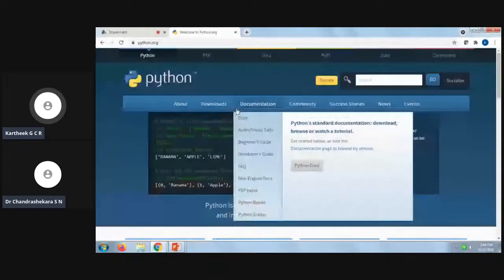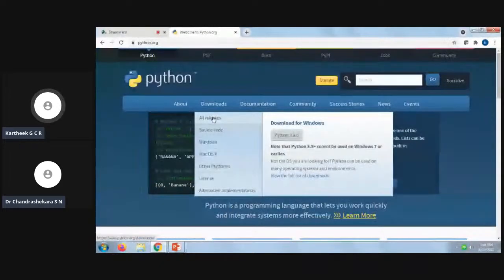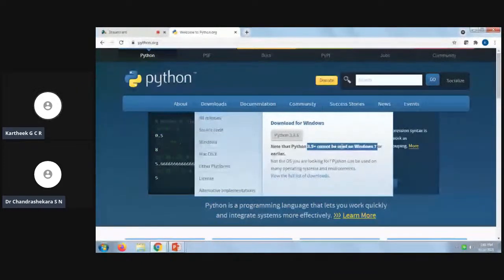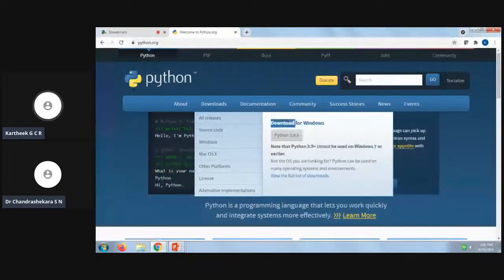Go to downloads, and you can download the latest version. 3.9 is the stable version that we have, but it doesn't run on Windows 7 or earlier versions of Windows. If you're looking for Windows, it automatically detected that my OS is Windows, and suggested it. If not, you can just click on the view full list of downloads here,